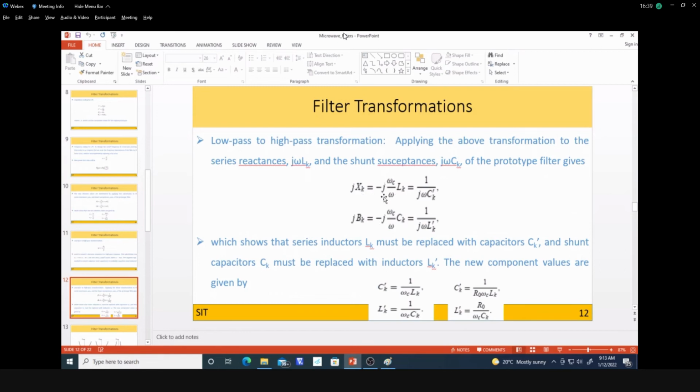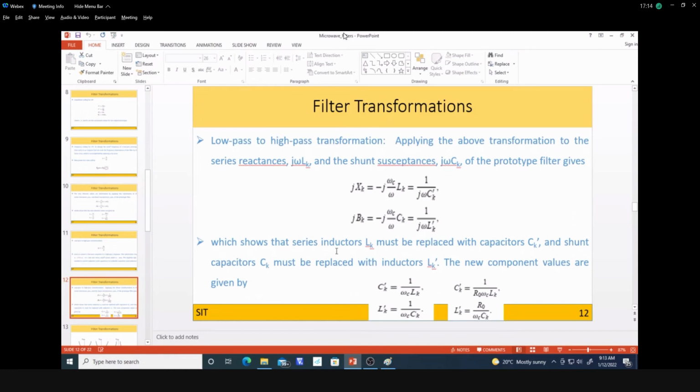So we are now replacing that omega c by omega minus n and everything, and replacing this lk by the new element value with respect to the frequency. So divide by omega c, and we are going to get the new value. So if I want to convert that into the frequency scaling as well as the impedance scaling both at a time, within the same expression, this is the expression that will convert completely, giving the new absolute values of the capacitance and inductance.